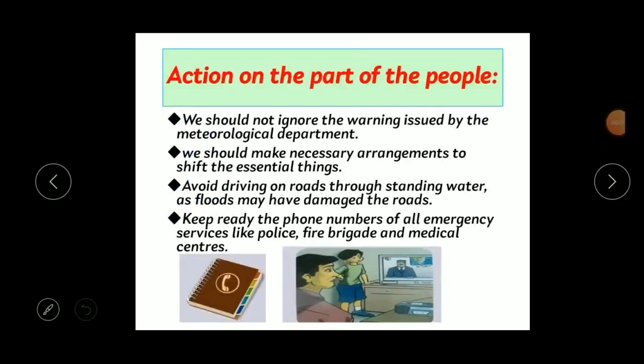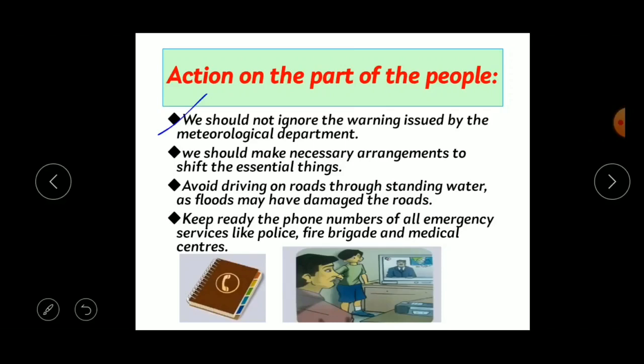Our next topic is action on the part of the people. So at the time of cyclone, what actions and what things do we need to do? The first thing is we should not ignore the warning issued by the meteorological department. We should not avoid the warnings given by the meteorological department. You know what is the meaning of meteorological department? It is a government department that makes the weather prediction. So don't avoid the warning issued by the meteorological department through the TV or through the radio or through the